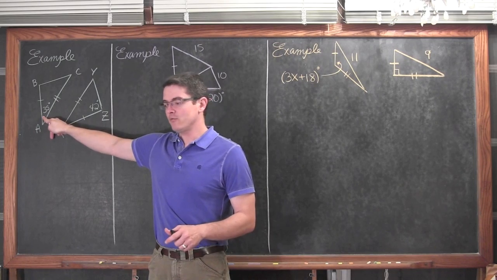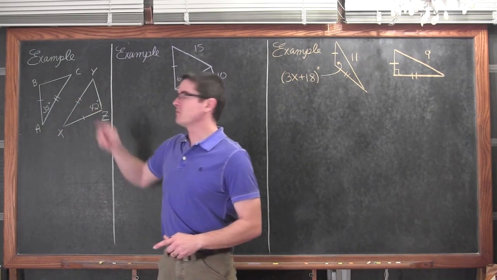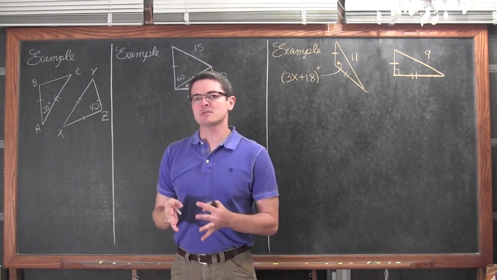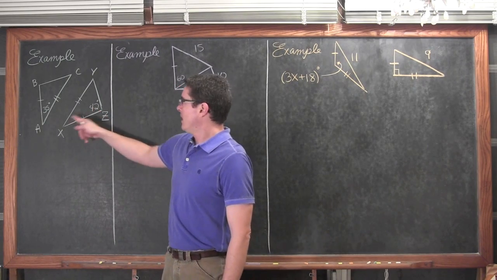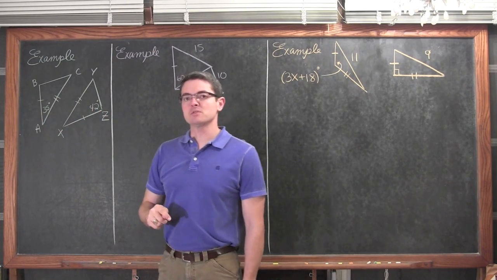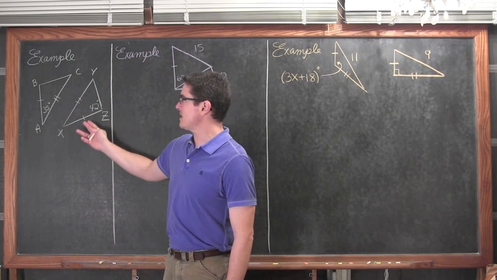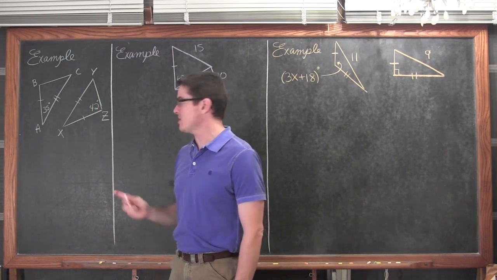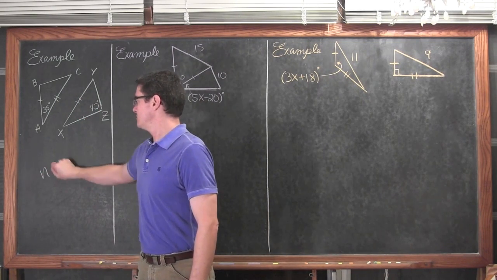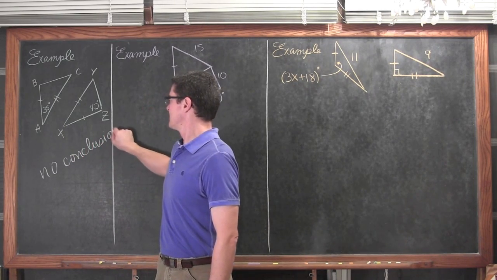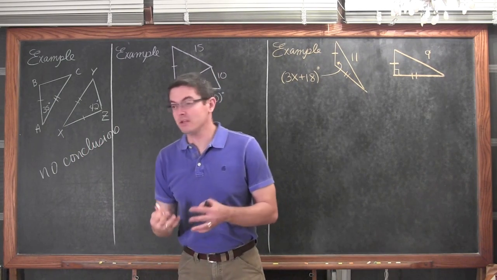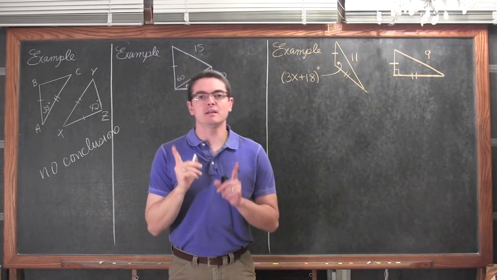If we have two pairs of congruent sides, then start comparing the size of the included angle. While the 35 is included in these two sides that are marked congruent to these two sides over here, 42 is not. So our answer to this is we can't draw any conclusions, because we're not fitting the pattern: 42 is not included.